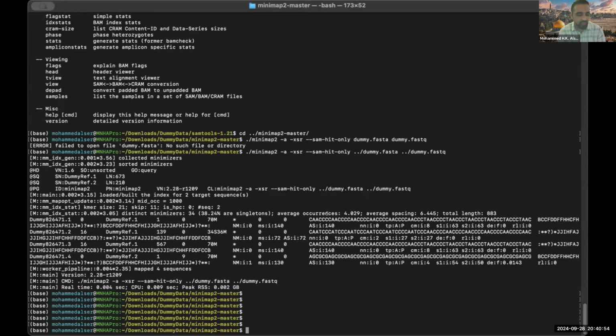Now in this window, I have the Minimap2 tool installed already. How did we install Minimap2? Maybe in a few seconds I can tell you the source to get Minimap2, but assume we already have it, right? And I would like to apply the command line that I gave you in the slides, which is